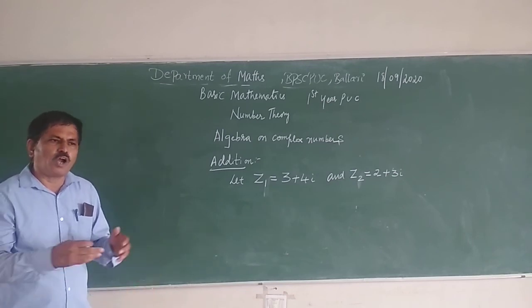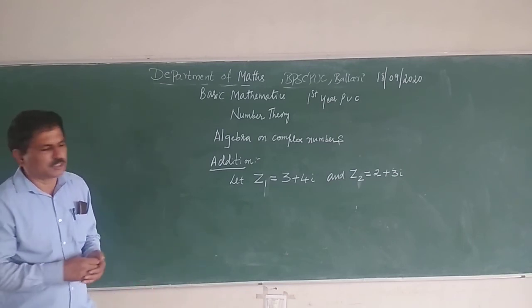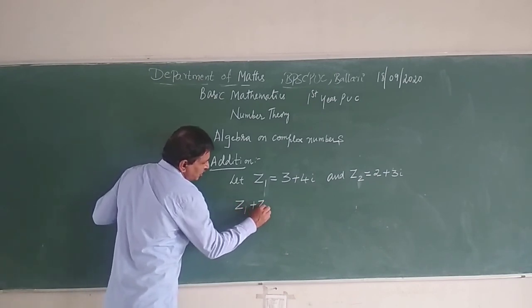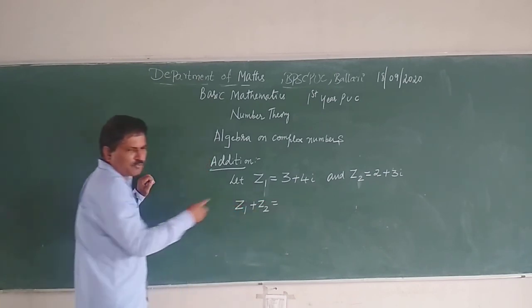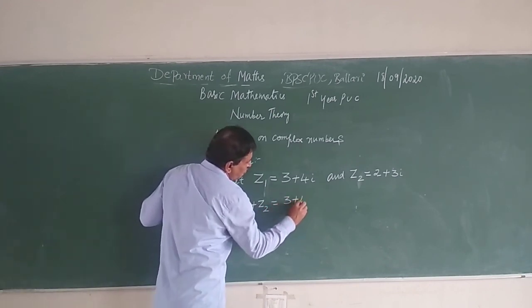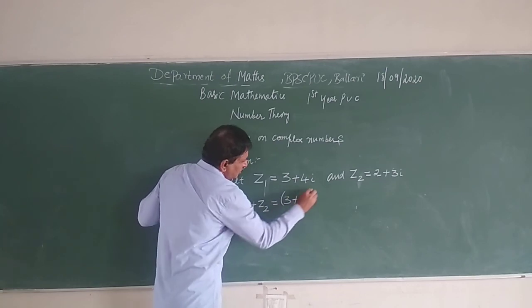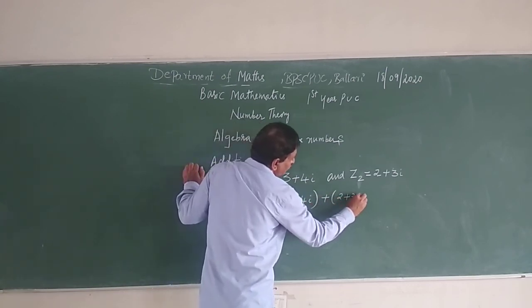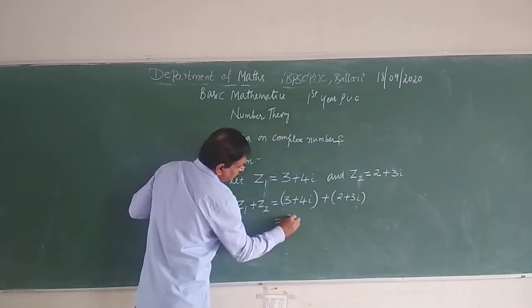So when I add these two complex numbers, what happens? When I add these two complex numbers, Z1 plus Z2. That means addition of two complex numbers. What is the first one? 3 plus 4i plus 2 plus 3i. Or this I can write it as 3